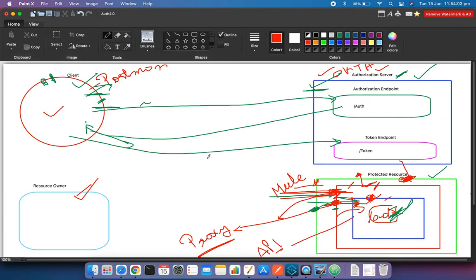In our theory session, we took the example of draw.io as a client and I as a resource owner, right? So here draw.io wanted to access a Gmail account on my behalf, right? So I gave the